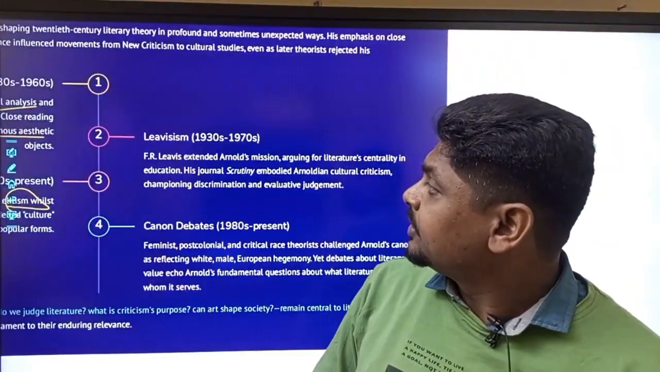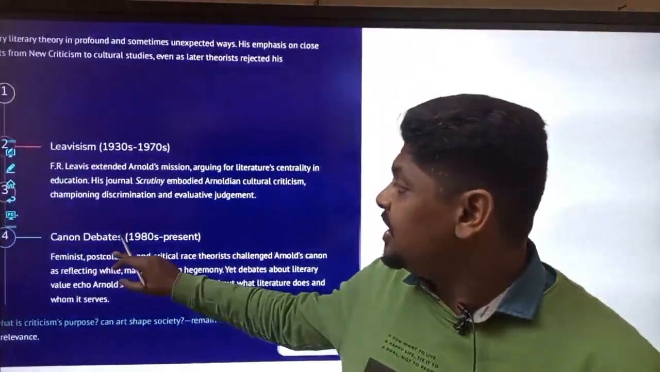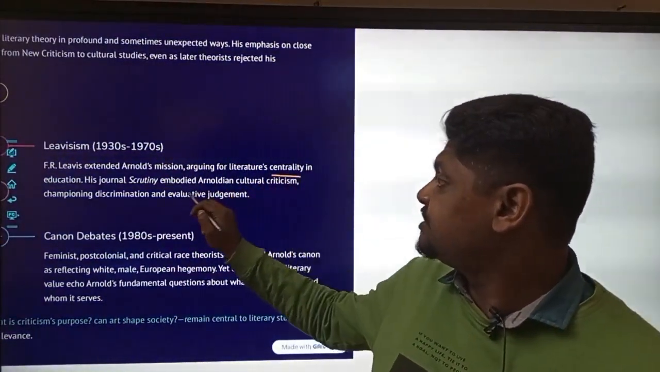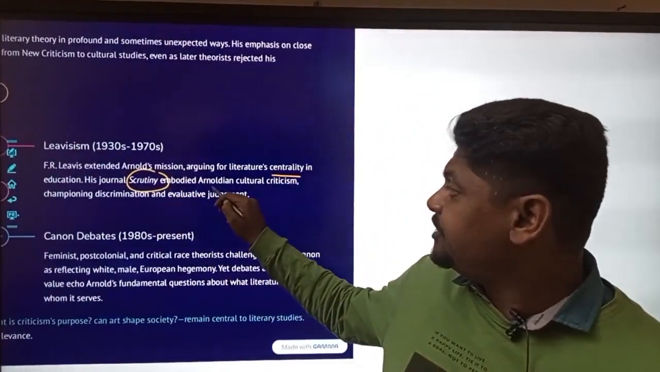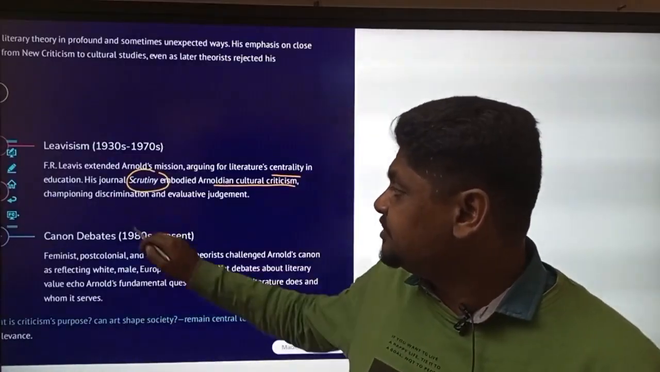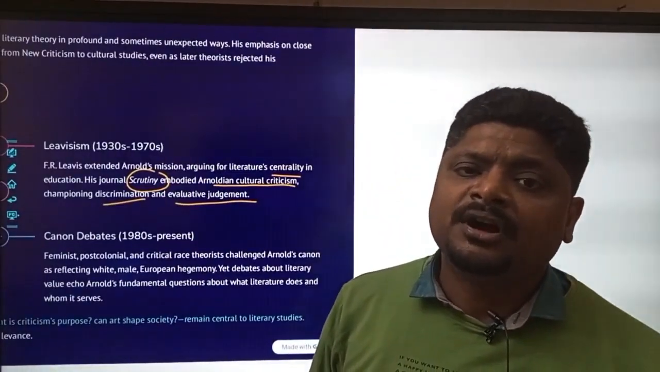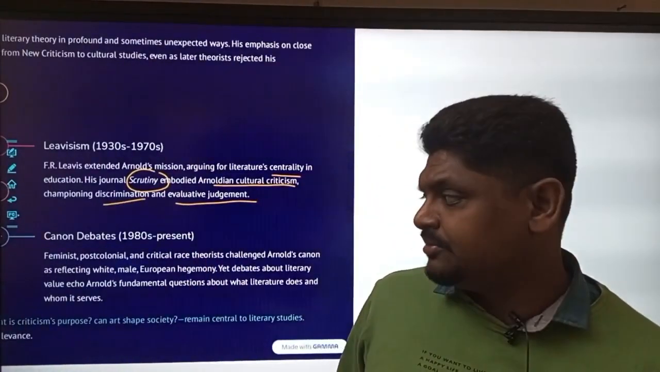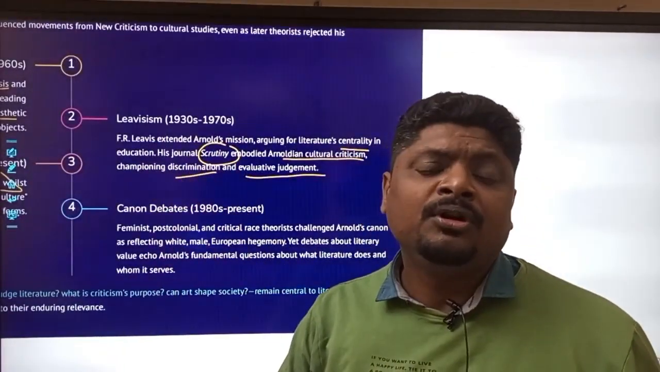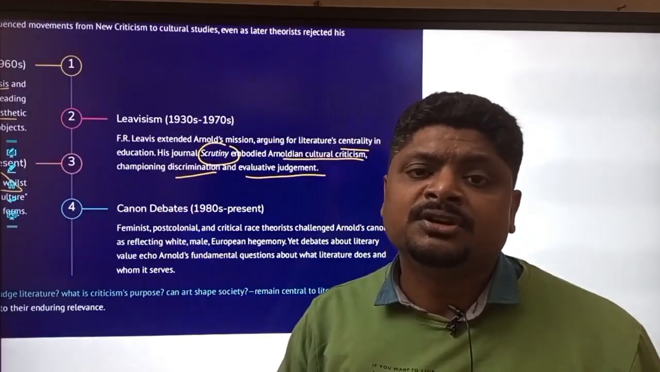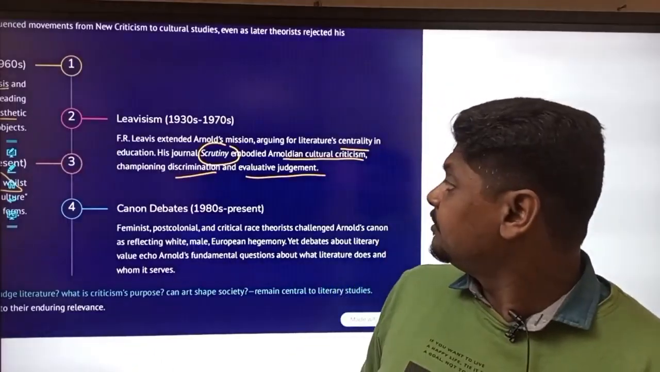And then Leavisism. F.R. Leavis extends Arnold's mission, arguing for literature's centrality in education. इनका एक जर्नल था लीविस का, Scrutiny, embodied Arnoldian cultural criticism, championing discrimination and evaluative judgment. So F.R. Leavis talks about Arnold in his journal Scrutiny. वो भी एक important part है. Just to know about who wrote on Arnold and in which journal? F.R. Leavis in his journal Scrutiny. Okay,